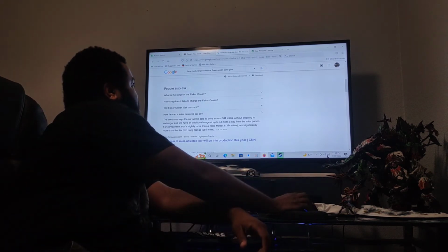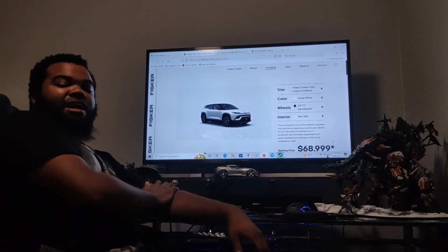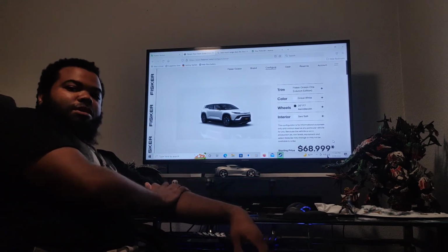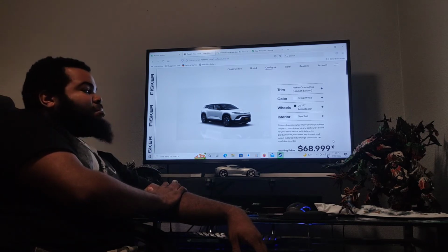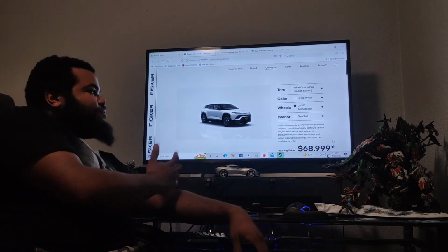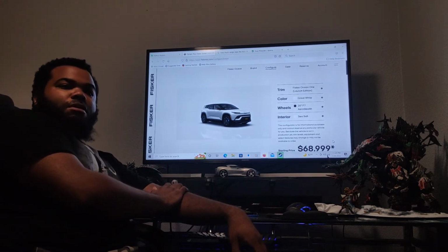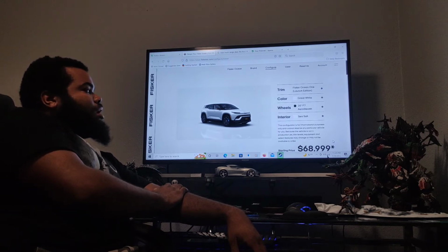But the downside to that is you're going to be spending $68,999 for your vehicle to have solar, just like the Aptera does. And for that price, you can get 2 Apteras. Now, I know this vehicle can haul more people. It's definitely going to be more of a luxury vehicle. But,